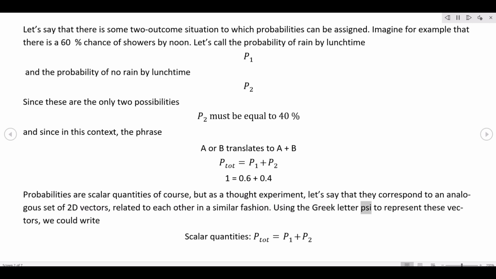Using the Greek letter psi to represent these vectors, we could write